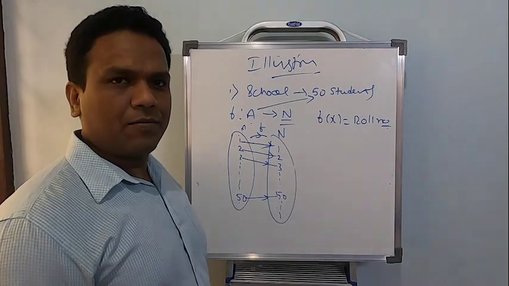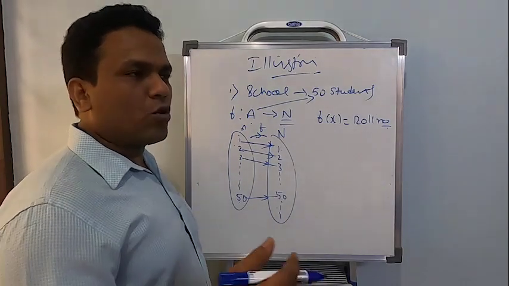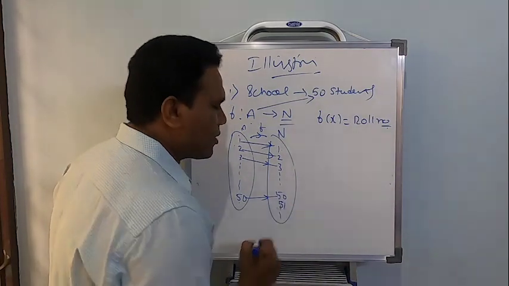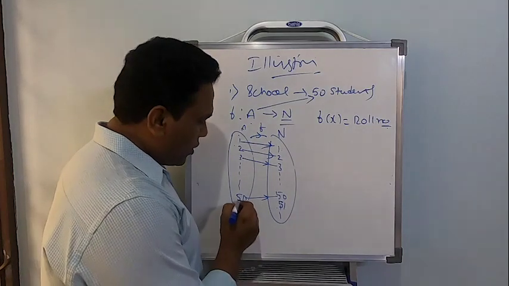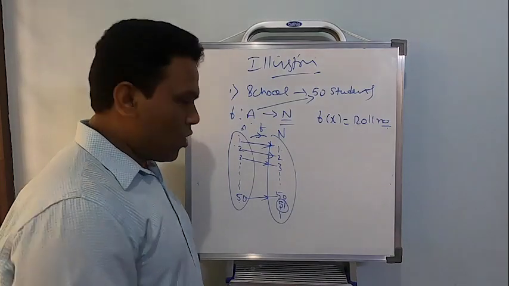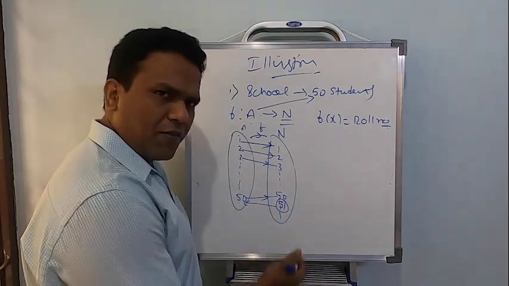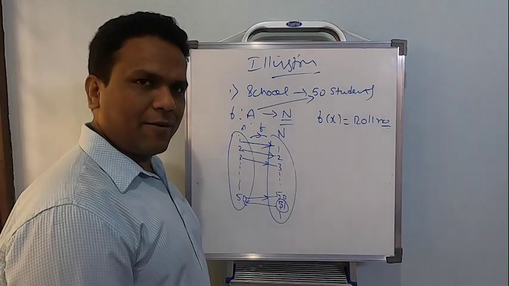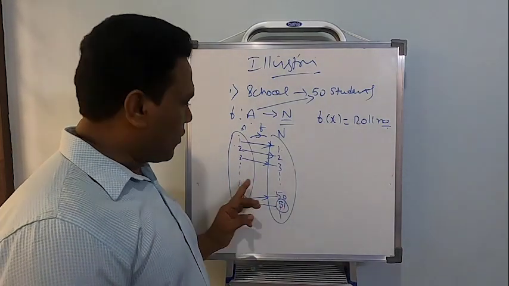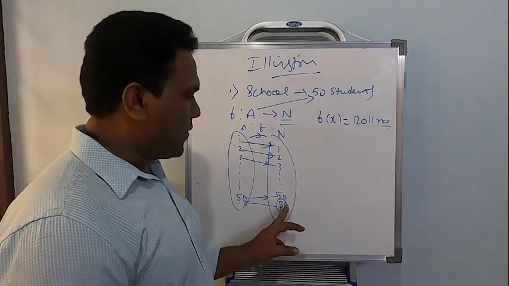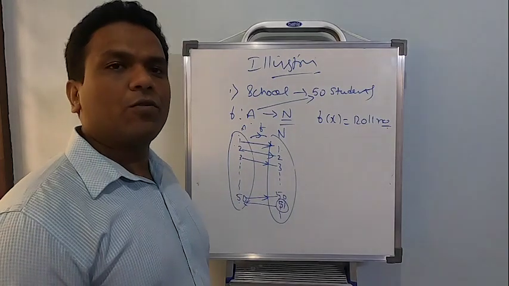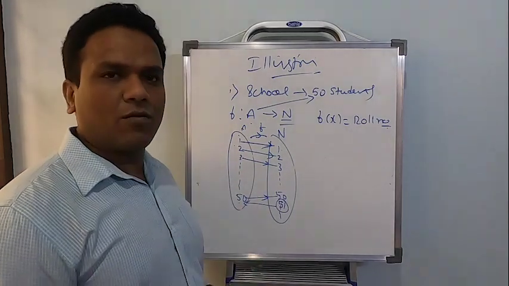1-1. Now the problem says show that it is 1-1 but not onto. Why is it not onto? There will be a number called 51 here, but none of the students from set A will be having roll number 51. After 51 nobody is having a roll number here, correct, right? So it's just enough to say 51 is not a roll number of any of the students from A, or 51 does not have a pre-image in A, hence it's not going to be onto. Not just 51, you can write anything from there onwards.